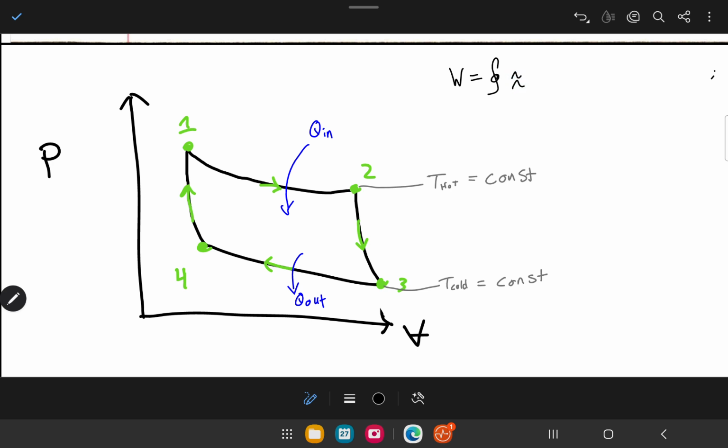So what I'm going to show you is that this is essentially the same as saying we're going to go from 1 to 2, from 2 to 3, from 3 to 4, and then 4 to 1. If we take all of these integrals here, you'll start to see that if we are going from 1 to 2, we'll take that positive area under the curve, and then we're going to add in